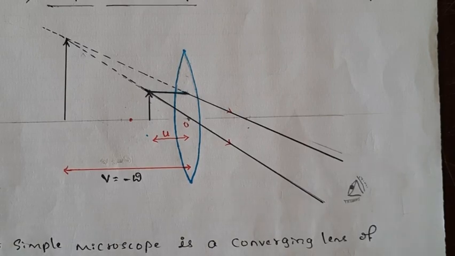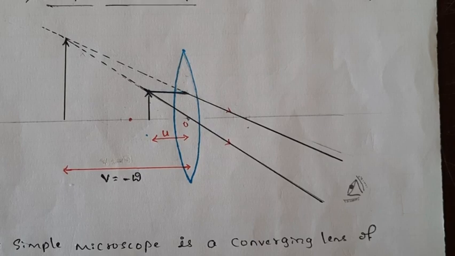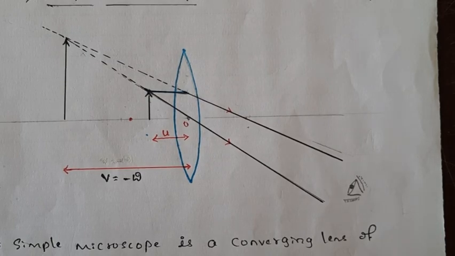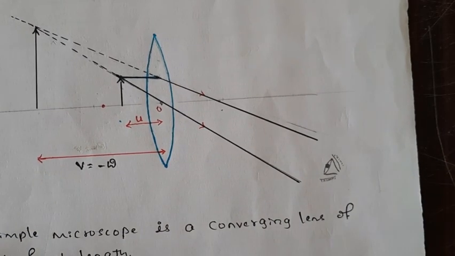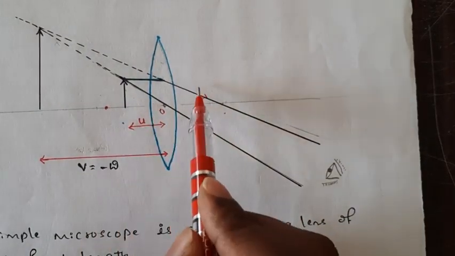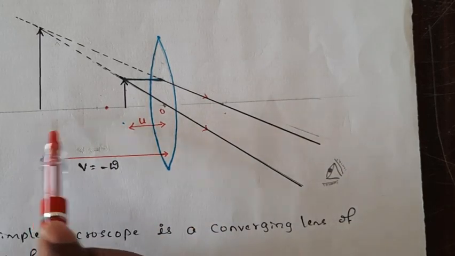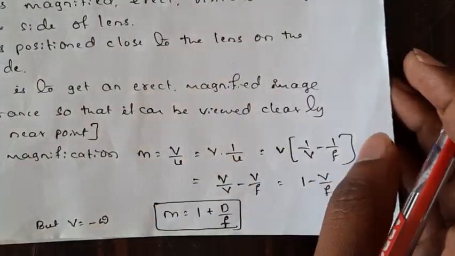For example, if you hold a book or a paper very close to your eye, you can't read the paper. If you keep it at a particular distance only, you can see the clear words on that paper. The minimum distance is 25 centimeter for a healthy eye, right? If you keep it at 25 centimeter, you can observe it clearly. So our entire adjustment, whenever the object is between F and O, is to keep the eye in such a way that the image forms at 25 centimeter from our eye, so that it appears very clear, right? Then we can get the magnified image of that tiny object.